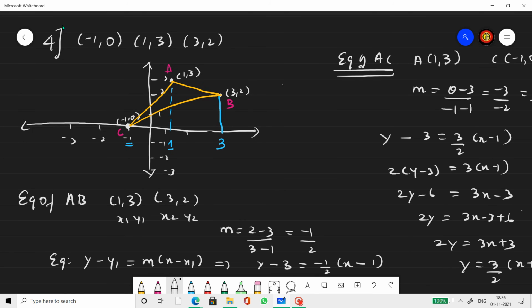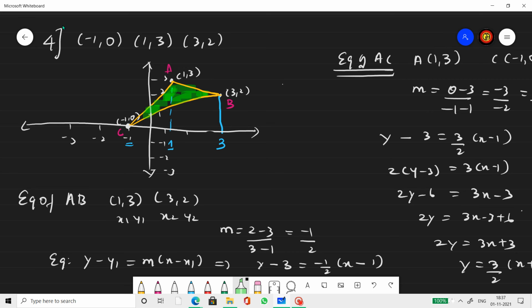So after the graph is over, as I said again, we integrate AB. When you integrate AB, you get this trapezium. And when you integrate this line, you get this triangle. And when you add those two, you get this whole shape. But the shaded region is only the triangular part. So let us find the equations of these lines in order to start integrating them.